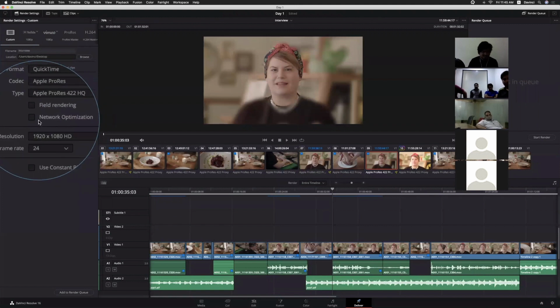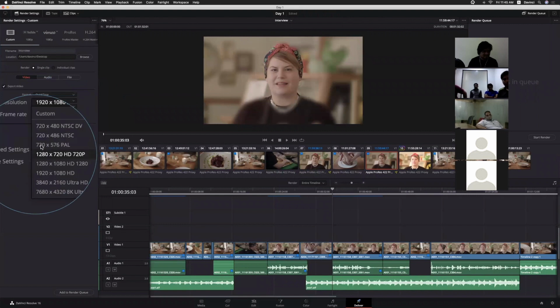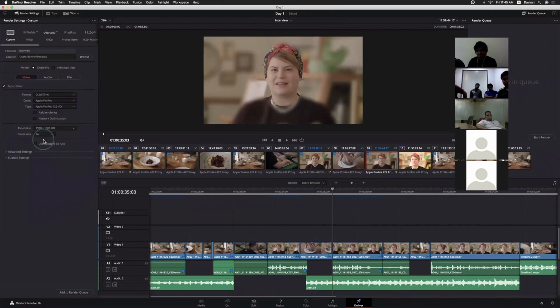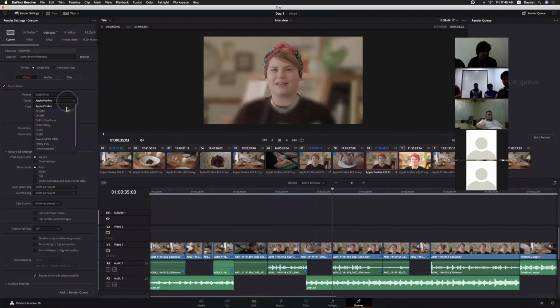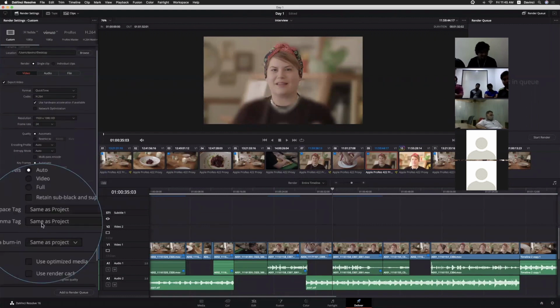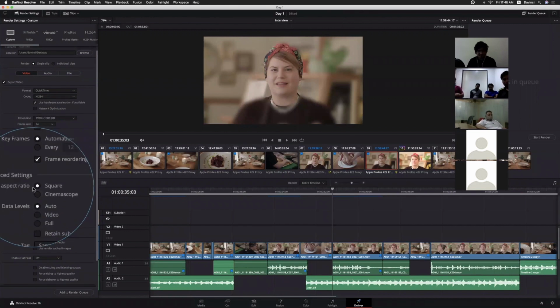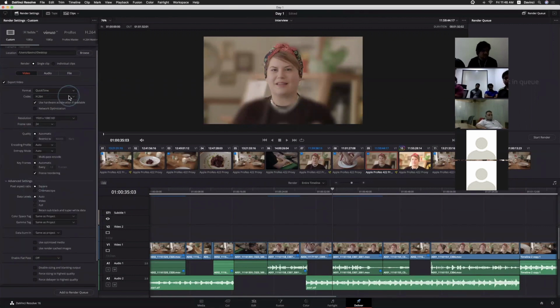And for the network optimization, we can always select these options and the resolution. By seeing these things, we'll know it's pretty much same in each and every application, the frame rate and everything, right? So use constant bitrate. Some of the options may change by changing the codec also. If I select H.264, you may see the difference within the render settings page. Some of the options won't be available for some codecs. Okay.